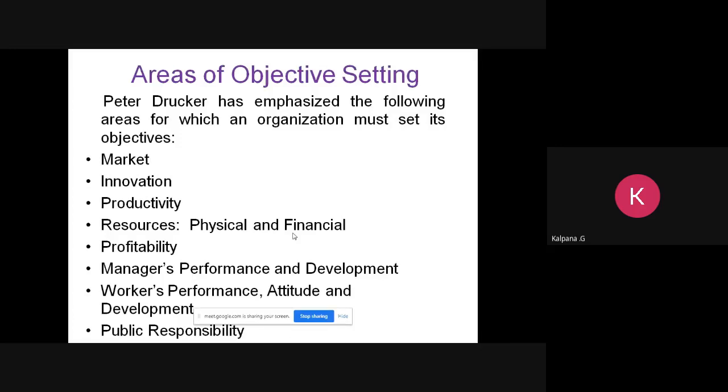Whenever we talk about objective setting, it is a difficult task because it involves multiple factors. But the three criteria that are very important are these. We are going to check whether objectives are consistent with the goals of the organization. The second point is that it should pinpoint the organizational strengths and weaknesses. The third is that it should satisfy the external environmental factors. These are the main criteria that should be focused on, and these are the other key result areas.